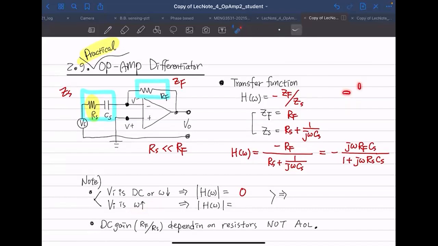Negative 1/2, like this. Maybe you can try one more time. Negative 1? Oh, no. This is actually,